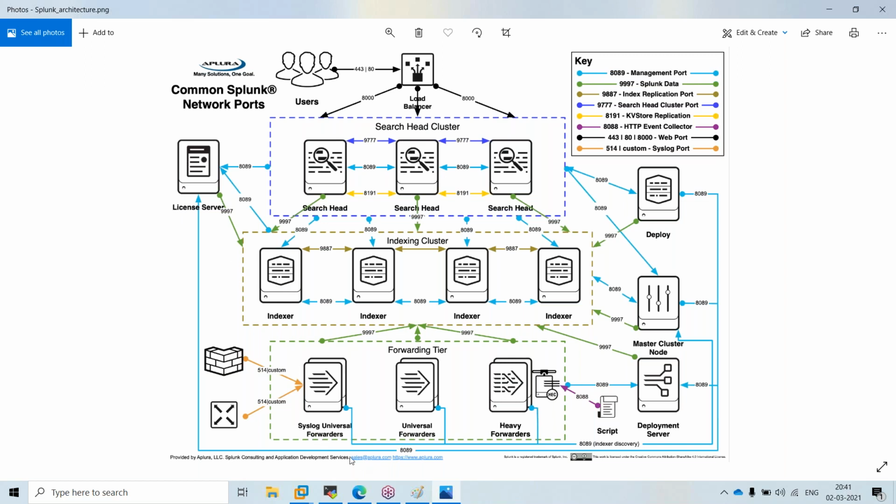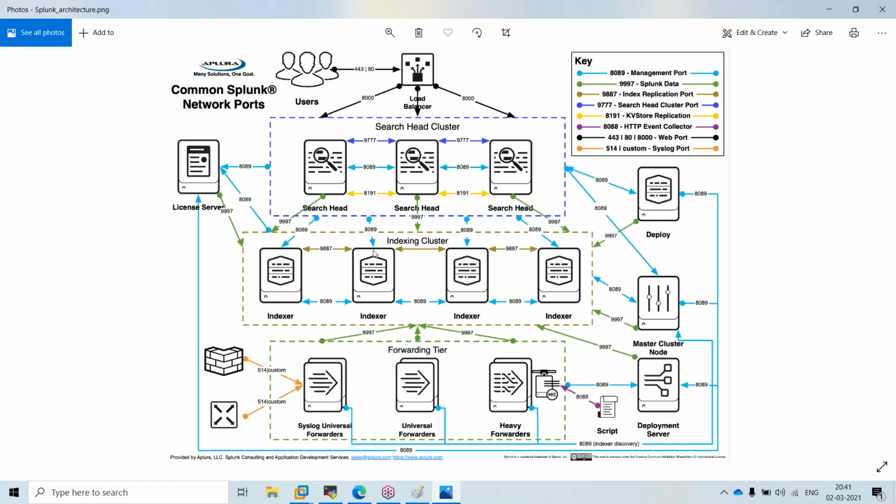As I told in the earlier class, there is something called a universal forwarder. Basically, the universal forwarder's job is to send the logs from your applications to the indexer, which is the place where data will be stored. Hope it is clear now. The universal forwarder will be installed on your application servers. It's a kind of application agent, about 30 or 40 MB, running on your source application.